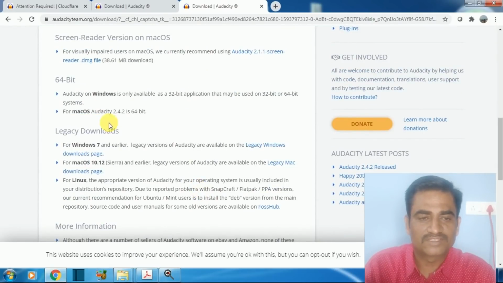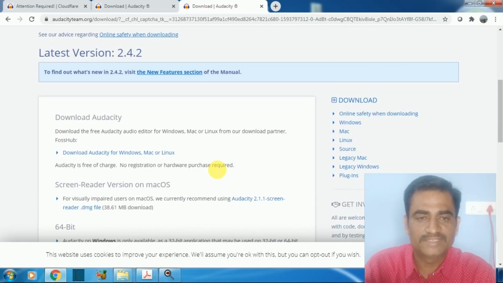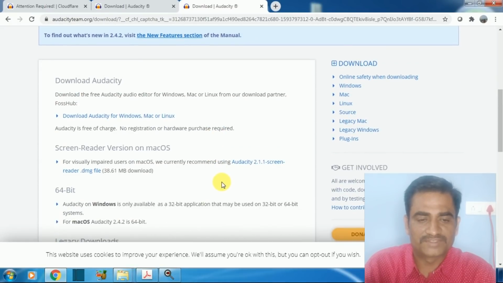This is mostly for 64-bit. All new laptops or PCs are 64-bit operating systems, so we have to download mostly the 64-bit compatible Audacity. From here we have to download.